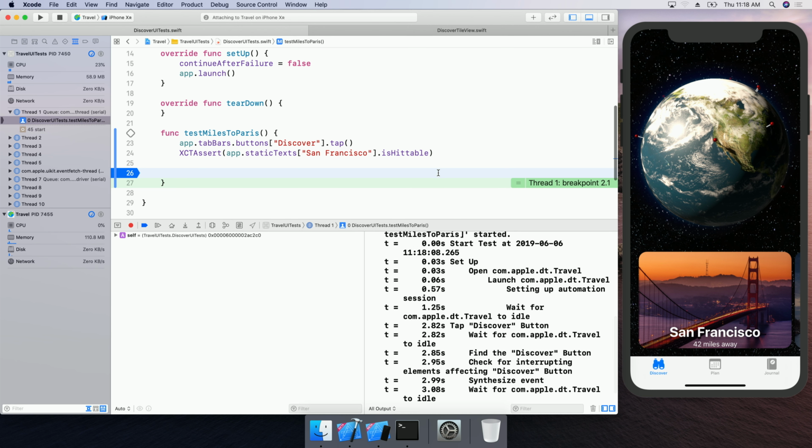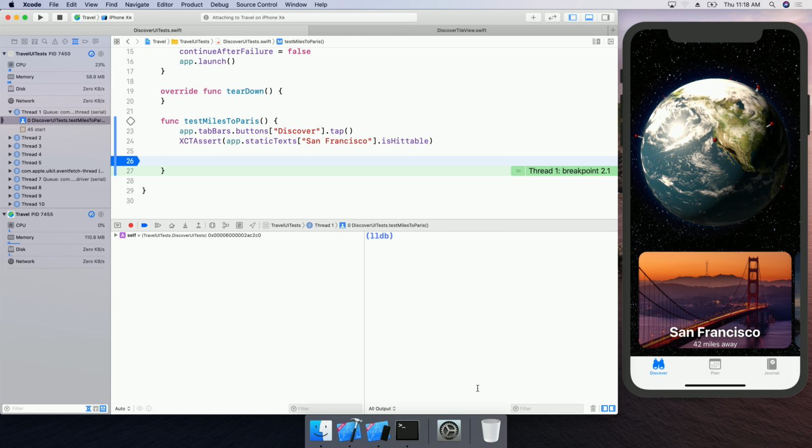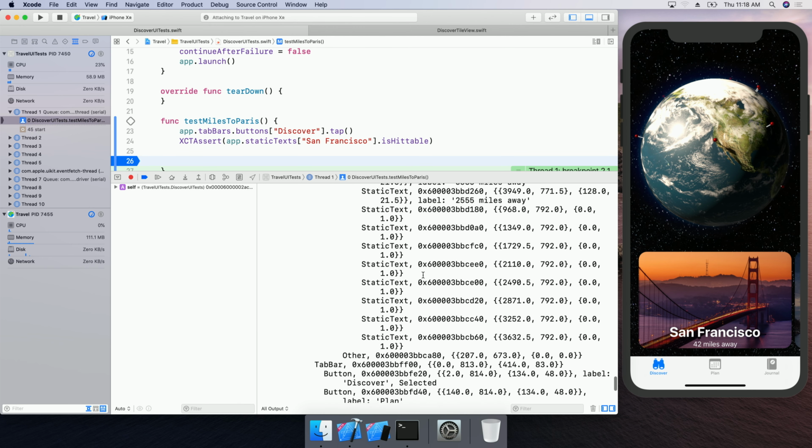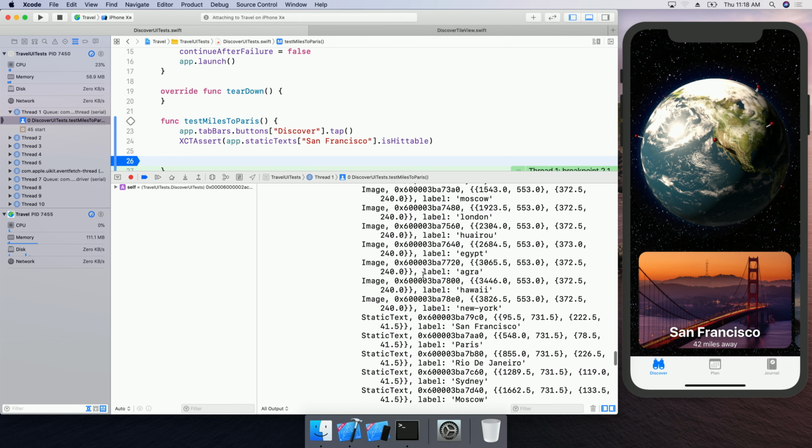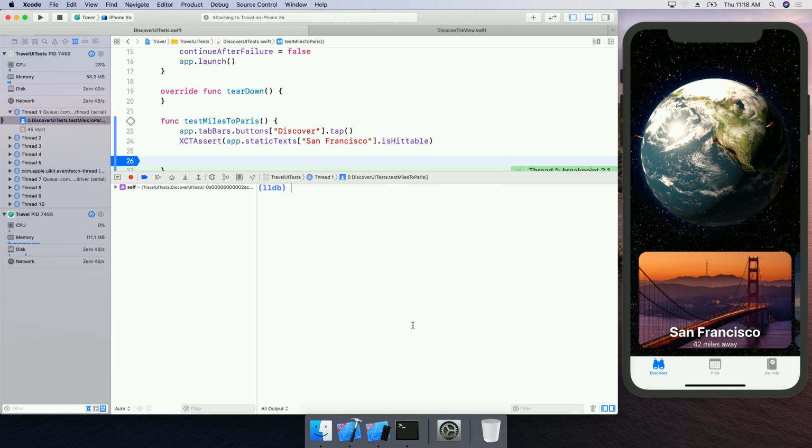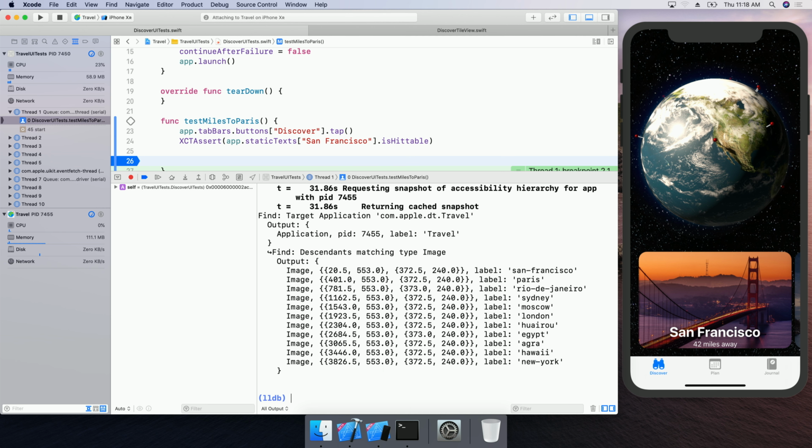From the debugger, we can get more information about the app. We can print out the exact view hierarchy by using po app to get this information. Here we have a list of all of the UI elements in our app. This is a little overwhelming, though, so I'm going to further specify that I want to print out all of the images in my app only. Great, now we have a list of all of these images, and it looks like San Francisco is the one I want. So I'm going to copy the string and now close the debugger